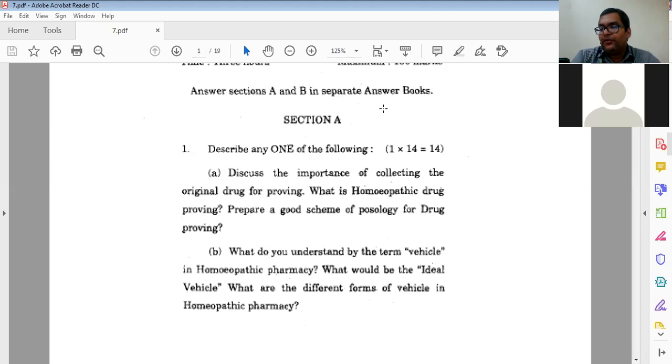When you are in the exam center, or when you have a question paper, never lose the balance of your mind when questions are lengthy. Sometimes it happens that questions are of 3-4 lines and the answer is very simple.